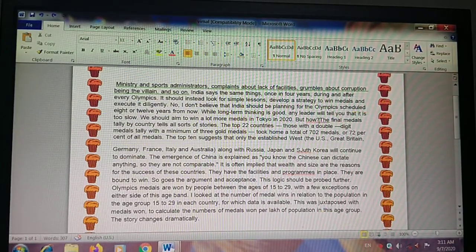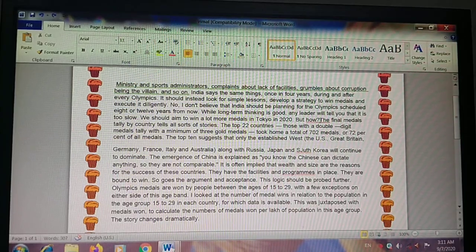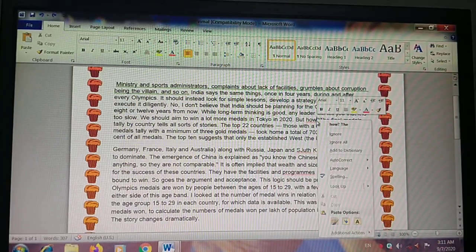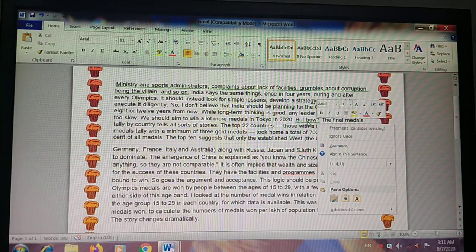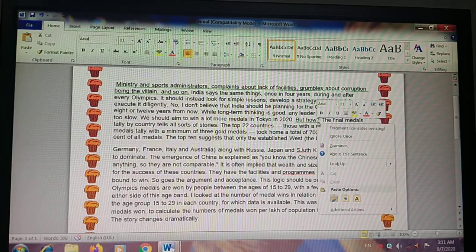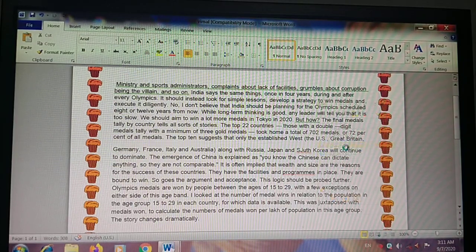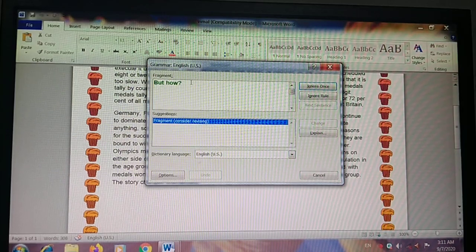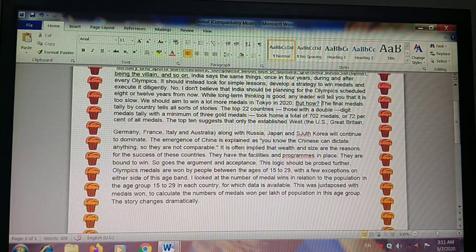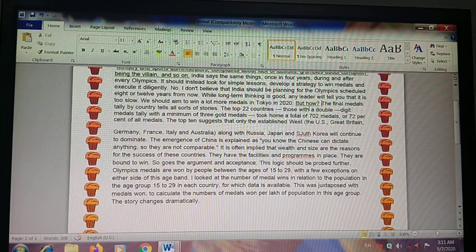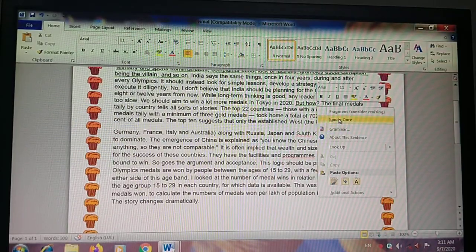I have written here, the spelling is right, but there is a grammatical mistake and I have not given any space. So when I am selecting this, it shows you that your spelling is correct, but here it shows the green wavy line, which means there is a grammatical mistake. If you go to grammar and see, this is how it is written, and I have written it in this way, so there is a difference in both. After that you can also ignore once.